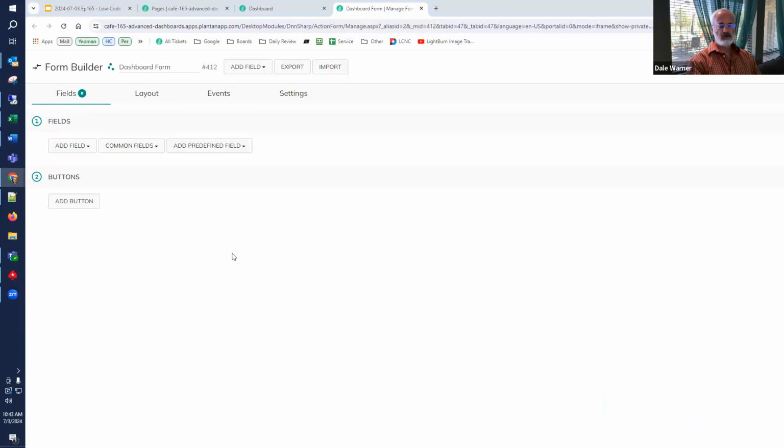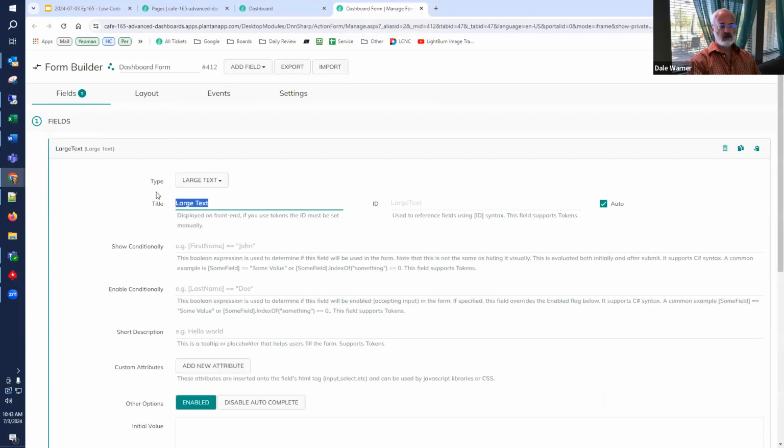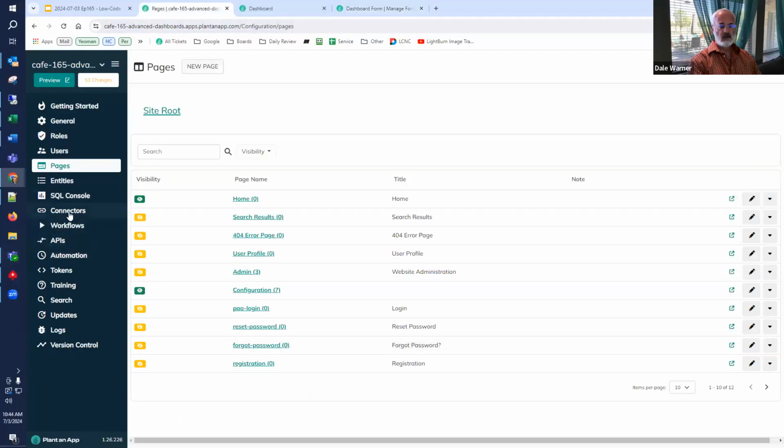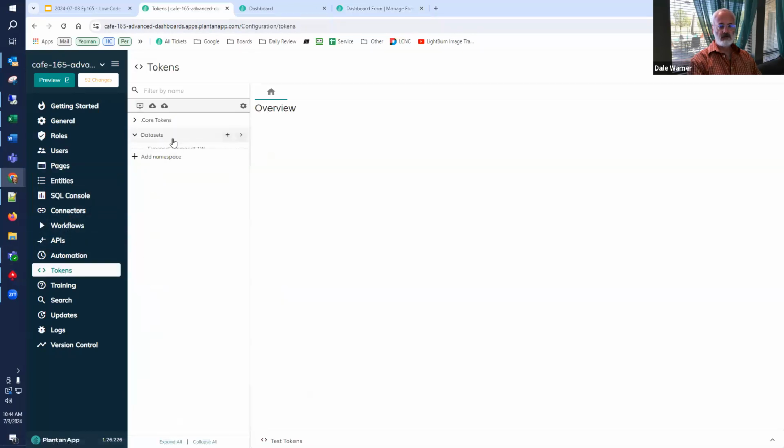The development that I want to do is to start showing these things as data. So I'm going to throw some large text here on the screen, meaning a large text field, and it's going to be called department data. And the value that I'm going to put into it is going to be based on this token that we came up with that I guess I don't have up on the screen anymore,